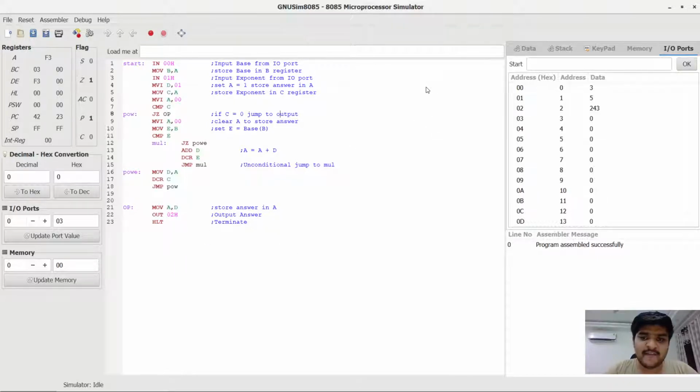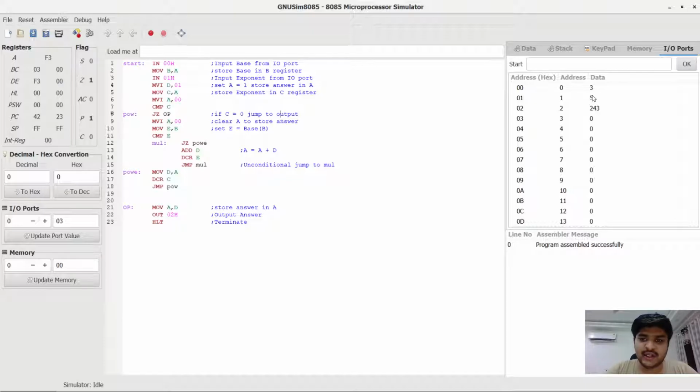Here you can see I've given an example input. I have given a base equal to 3, and the second input is the exponent. I have given exponent equal to 5, and we are outputting our answer in IO port 02. IO port 02 has the value 243.